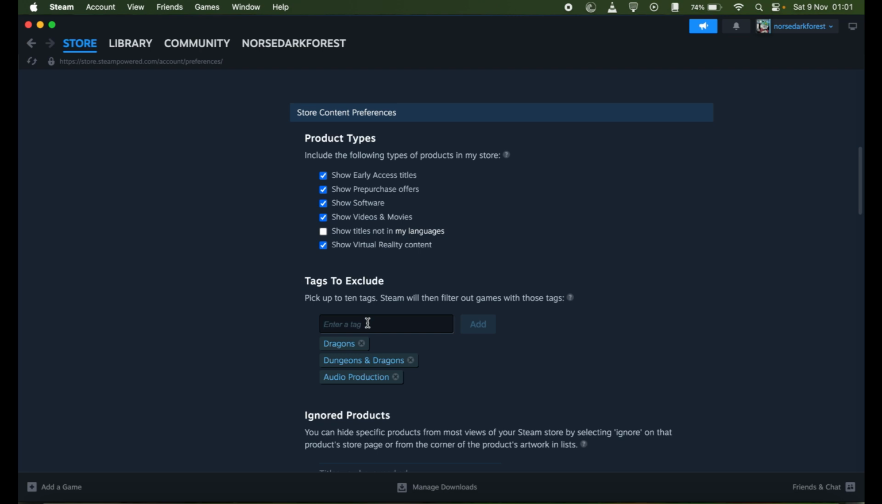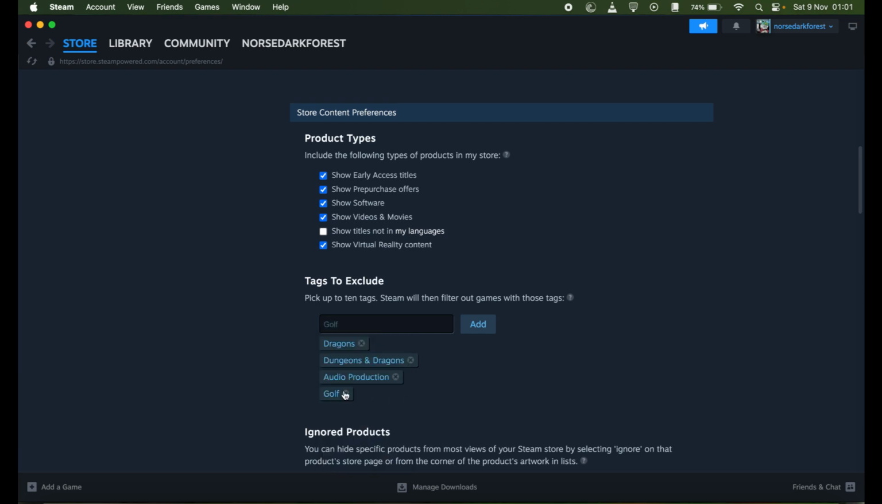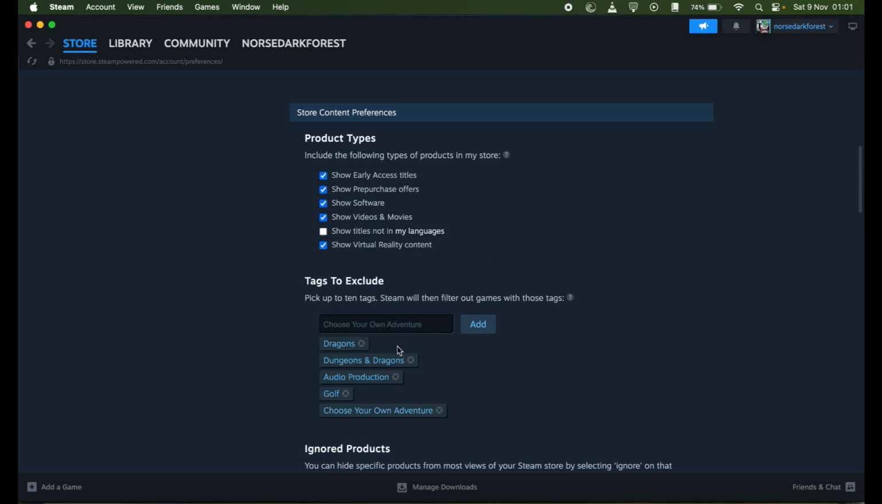So guys, just write down the tag that you want to block or exclude, and you will successfully be blocking that tag. So let's try it with, let's say, golf. So you have blocked the tag golf. Let's try a different tag. So there you go, you have now blocked choose your own adventure, and this way you can successfully block tags